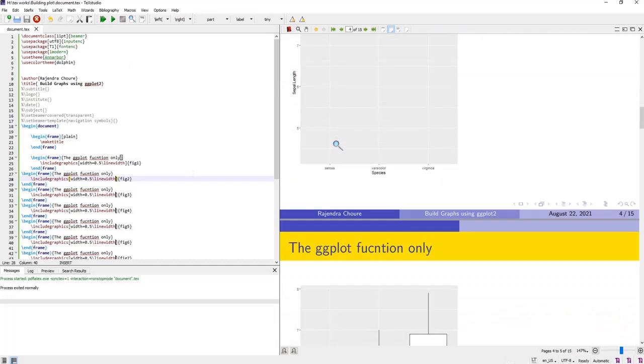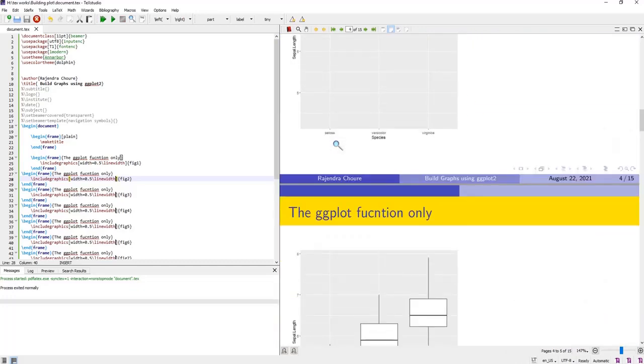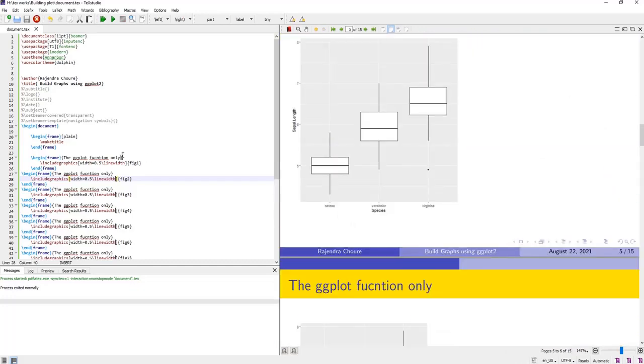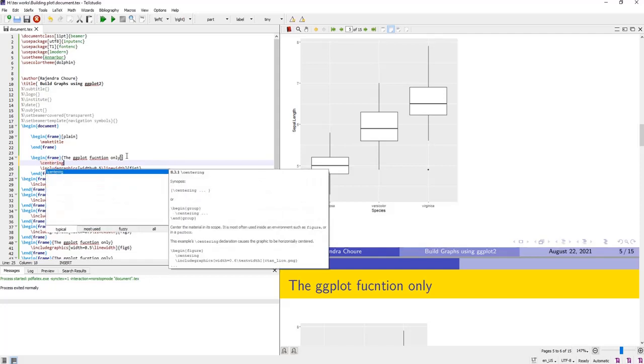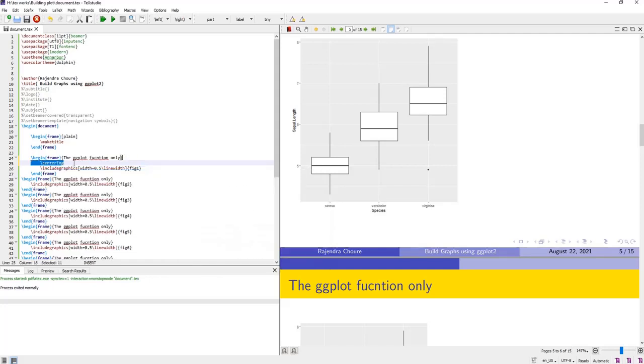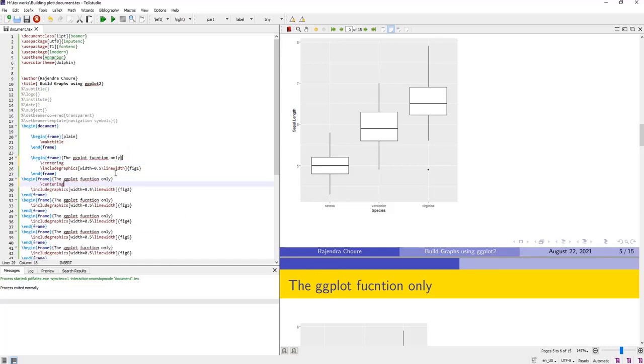Okay, and all are there, but these all are not centered. Therefore I have to put the centering there in between. Centering below the frame I have put this centering, and I will go on putting that centering in each slide.